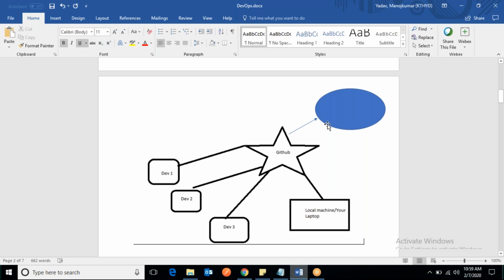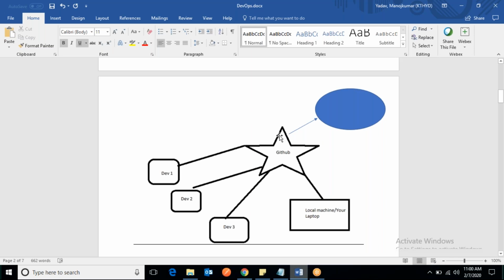That's why we should have this mechanism. Anyone checks in their code, it should trigger a build, so that it is not breaking your repository or the code at which level you are.